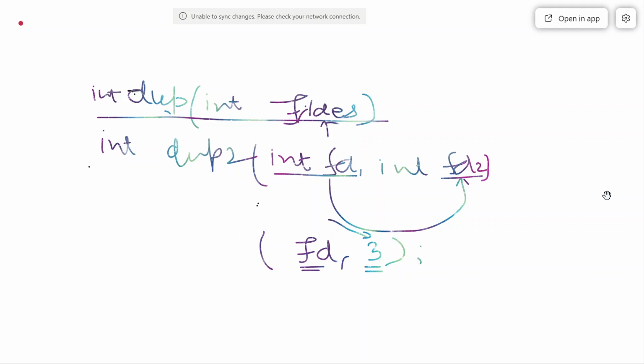But it might be a case that the file descriptor 3 you have specified is already open by some other call. So your process has already opened this file using the file descriptor 3.